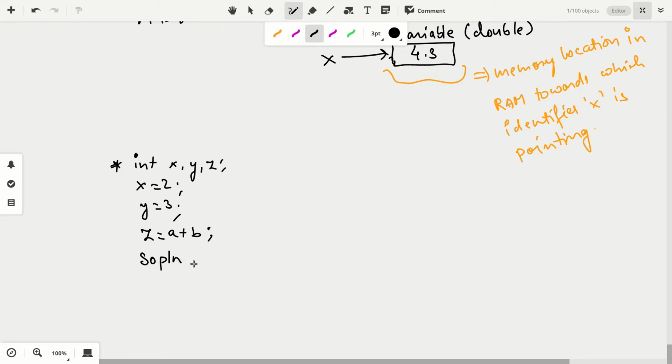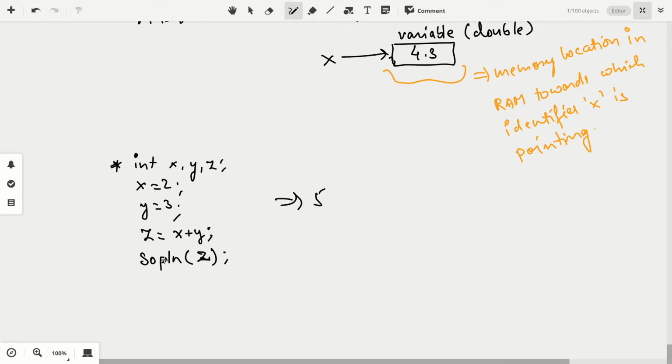You should not write it that way. Okay, z. So what this program will do is give you the output as 5, correct? Oh, sorry, that should be x and y, my bad. I wanted to write x and y there. Now fine, it will give you 5, correct?